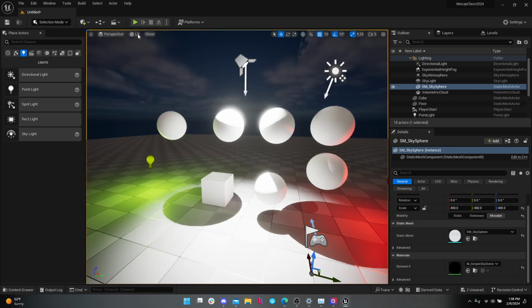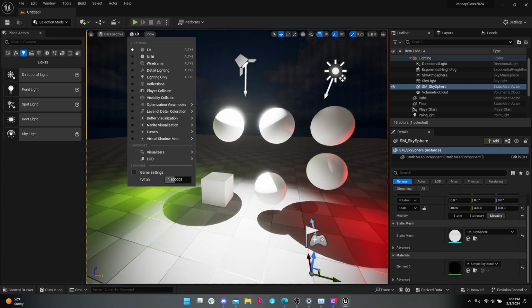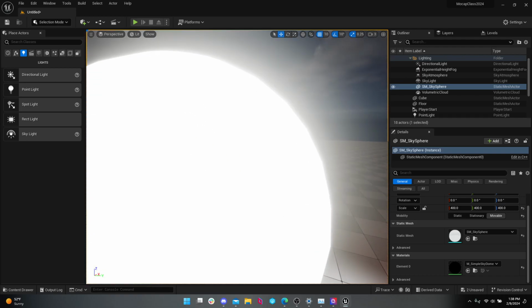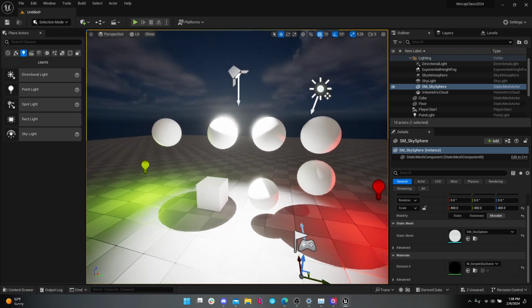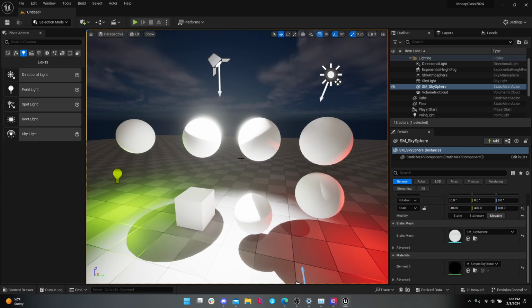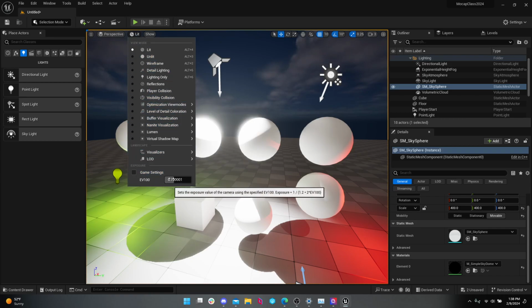You turn off game settings. You can manually adjust the slider to adjust your exposure. Now, it's not going to adjust when I zoom in close on this. It's still going to stay just as bright because I turned it off. So if you find your lighting changing when you change your position around the world, go ahead and turn that off. View mode menu, game settings, and then set whatever you want your exposure value to be. Eventually we will do this in cameras, but we're not doing cameras today.